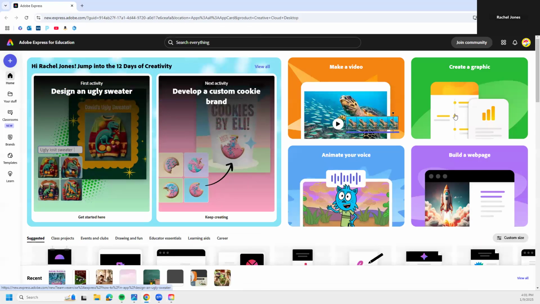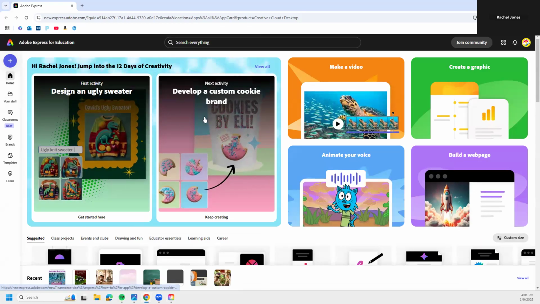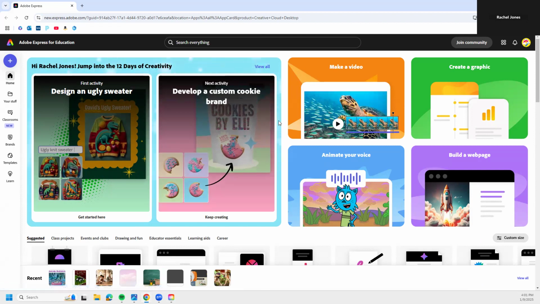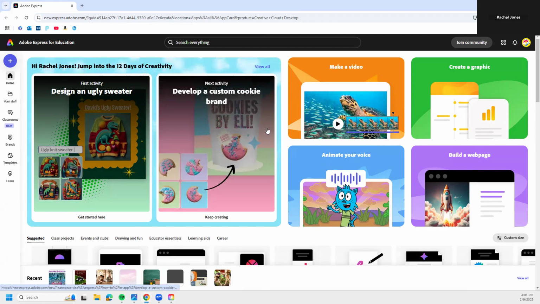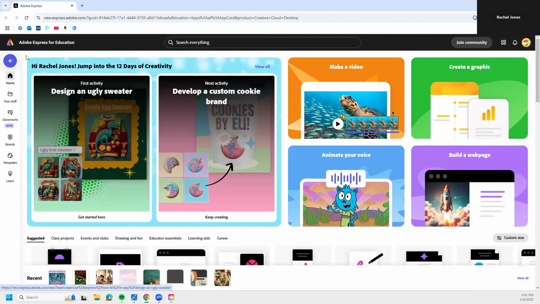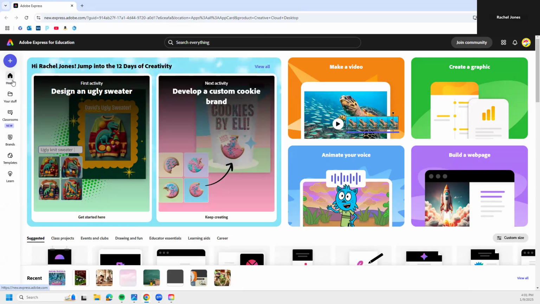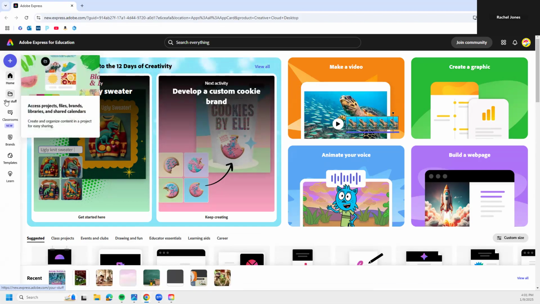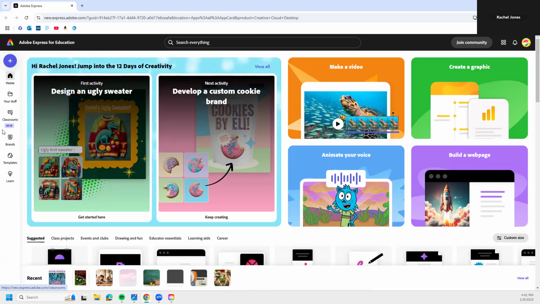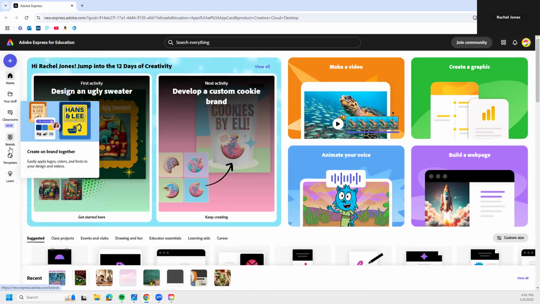You may see something different up at the top. It changes during the year, but this is what we have right now. What I need you to find is this big purple plus, okay? This is kind of the homepage toolbar. It allows you to come back to here. If you've made stuff before, you can see some stuff that I've made. It's in this folder. We don't set up classrooms, and we have some other stuff here that we don't need